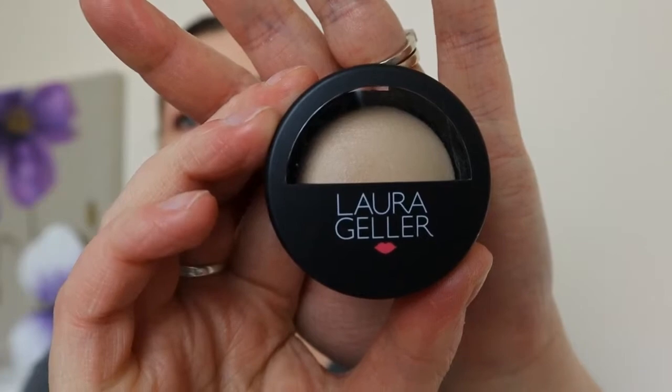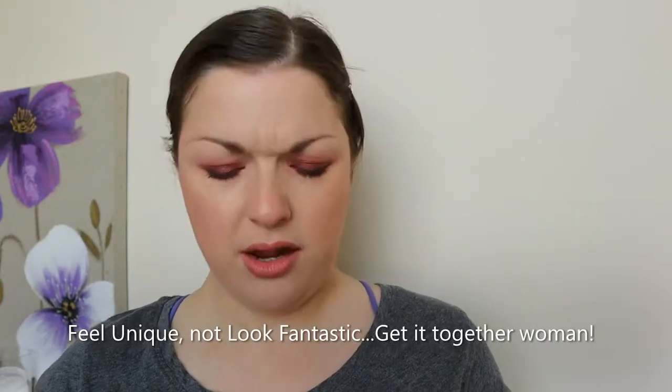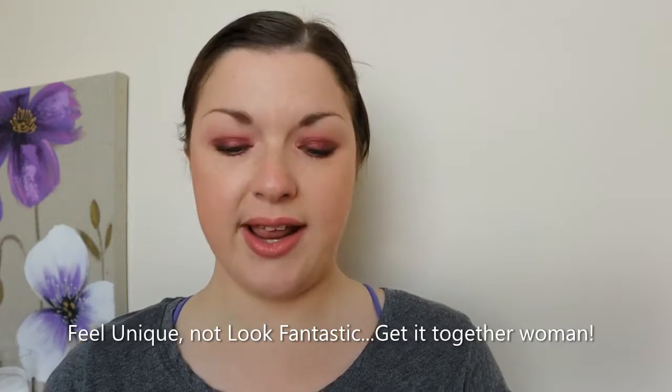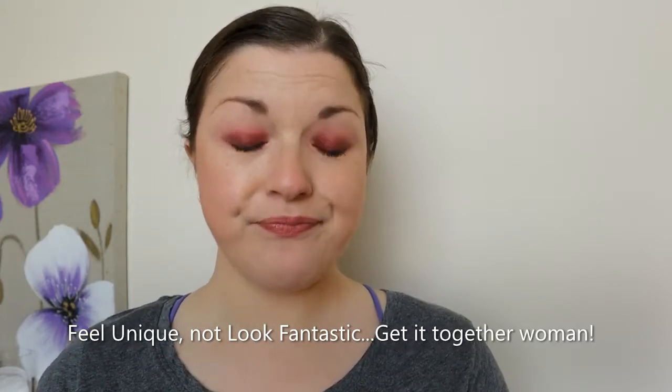The next thing is this. So it's the Laura Geller Baked Highlighter in the shade French Vanilla. It's a sample size, and I had it in a Look Fantastic freebie beauty bag, I think in February. One of those, if you spend so much money you get so many products free, and this was in there. I'd never tried a Laura Geller highlighter, but I had heard good things about them, so I was excited to try it. And then it came and I opened it up and I went,